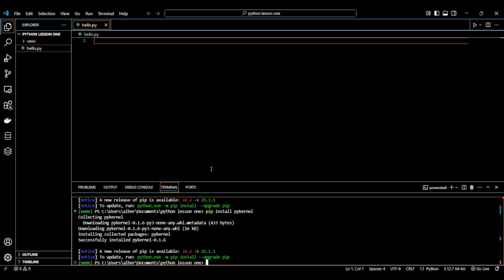inside Jupyter Notebook. Okay, so if you don't have it installed, you're going to run into a lot of problems and issues when you are running your code. So you need to install pykernel. Okay, so I have it installed already. That's why you're seeing it. But if you don't have it installed, it's going to run all the installation and everything is going to be done, you know,